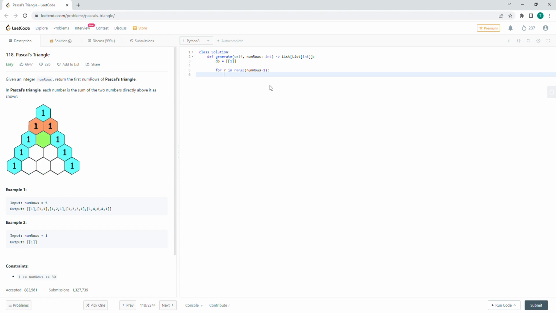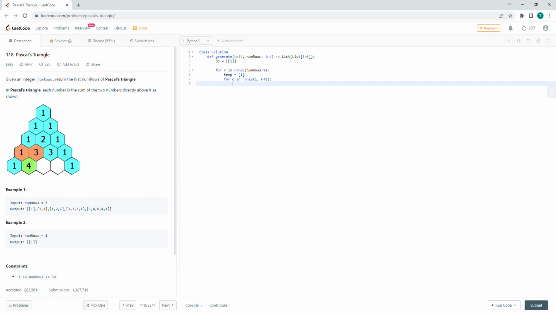What we're going to do is define temp maybe, and that's going to be the first element that we add: 1. And then for each column C in the range of 1 to row plus 1,